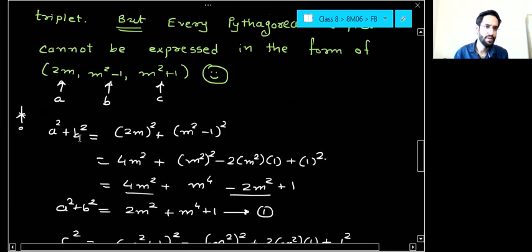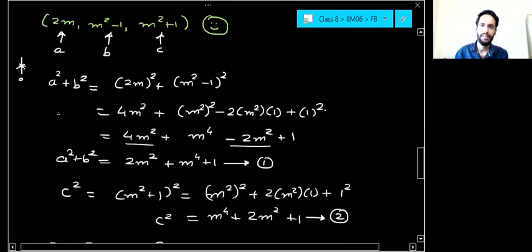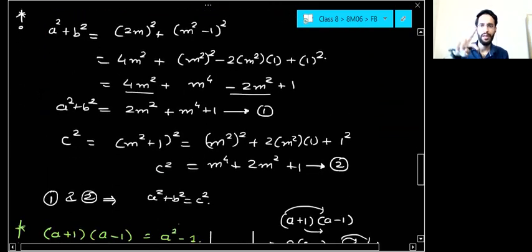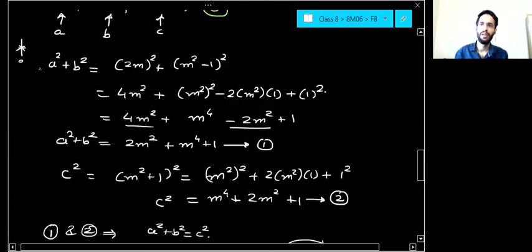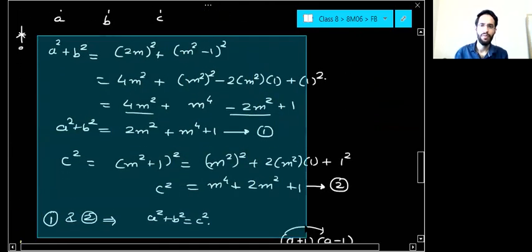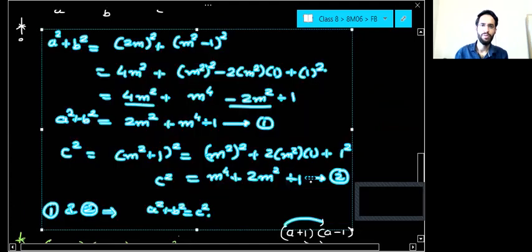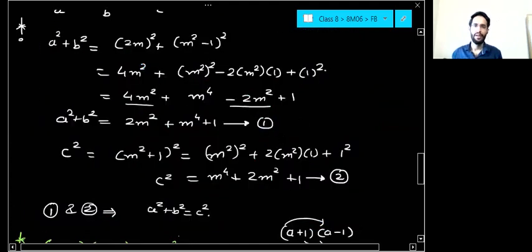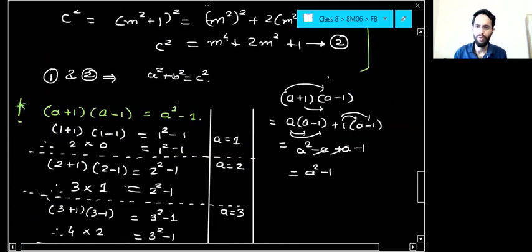Yes, you can apply that formula. And this is just the proof of that statement, a square plus b square equal to c square. This is just extra. If you don't write this, then also no issue. So if you want to write, you can write. If you don't want to, you need not.